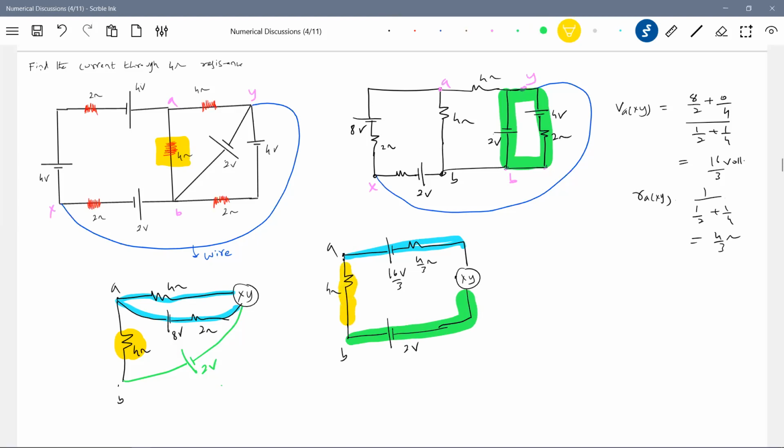Very dynamically, the student has to analyze carefully, not in a hurry. Carefully you have to put it. So now how will the current flow in this direction? That I is what is being asked. I is equal to (16 by 3 minus 2) divided by (4 by 3 plus 4). That is 10 by 3 upon 16 by 3, which will be 5 by 8 ampere. This will be your answer.